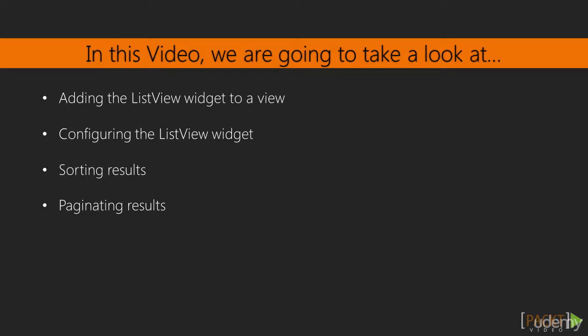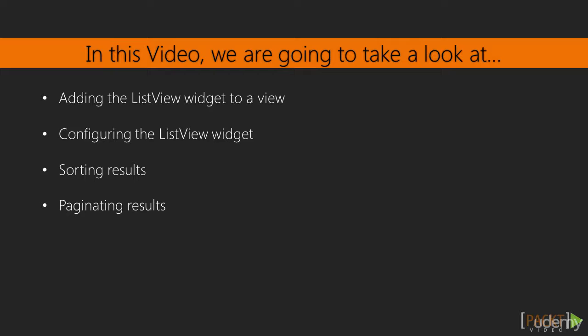At the moment, we're using the Grid View widget to display monsters on our listing page. However, the Grid View widget is better suited for an admin panel of a site, as it contains little styling and includes buttons to perform CRUD actions on models. Therefore, we'll learn how to use the List View widget instead, which allows us to customize the appearance of each monster model. After we get the List View widget set up, we'll then learn how to use it to sort